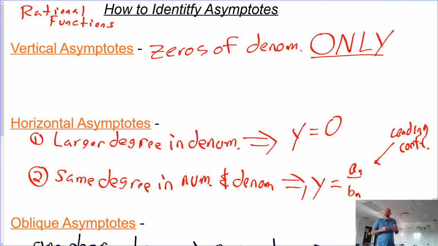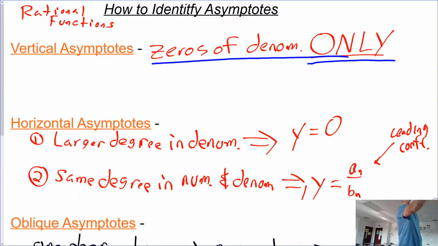All right, here's how you identify. Looking at this rational function, looking at the actual equation, this screen is going to tell you what to look for to say this rational function has a vertical asymptote, it has a horizontal asymptote, and what they are. These asymptotes, again, happen with rational functions only. So, the first one, to find a vertical asymptote, you are looking for the zeros of the denominator and only